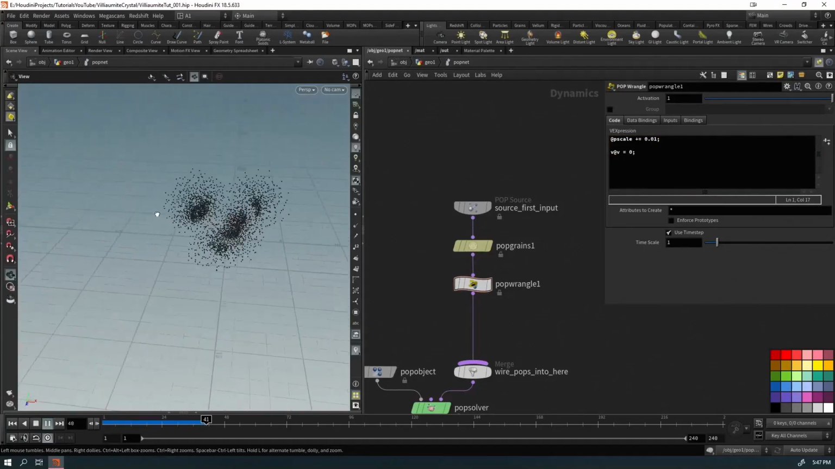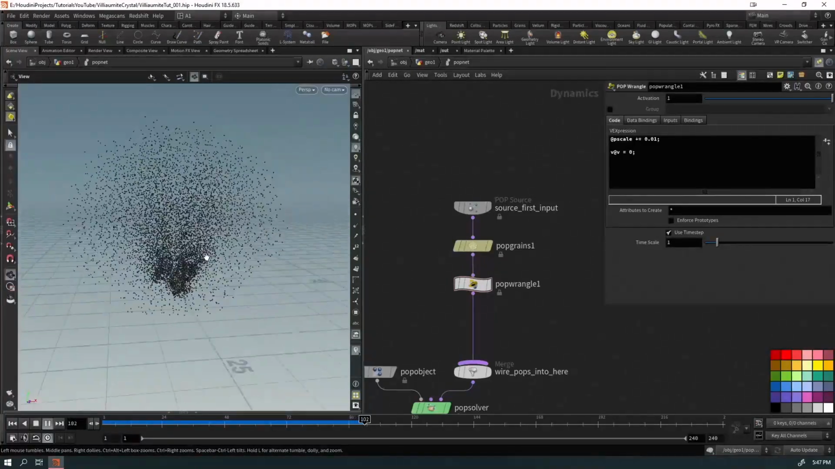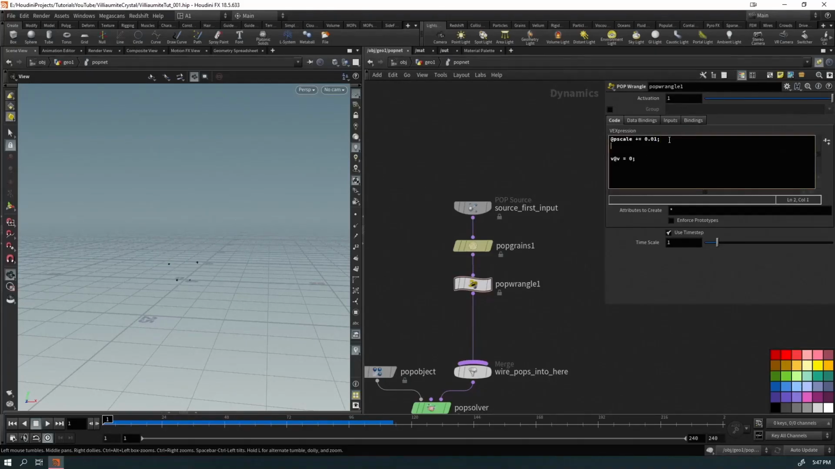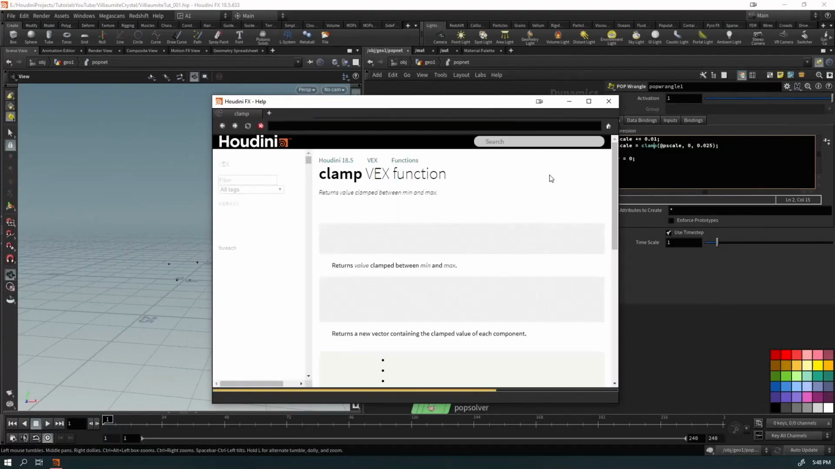So they're going to get extremely big. As you can see, this is not what we want. As we go forward, it's just going to take the entire screen. So we're going to clamp this and say @p-scale equals clamp, and clamp is basically going to cut the values above or below a certain threshold. So we're going to say @p-scale and clamp it between 0 and 0.02025,